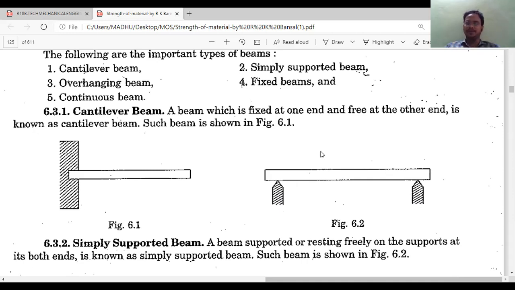But when we take a section, at that time we will show how much shear force and bending moment is acting at that particular section point, either to the left or to the right. Here the resultant movement is 0. Because the body is not in motion, the algebraic sum of forces and moments is 0.